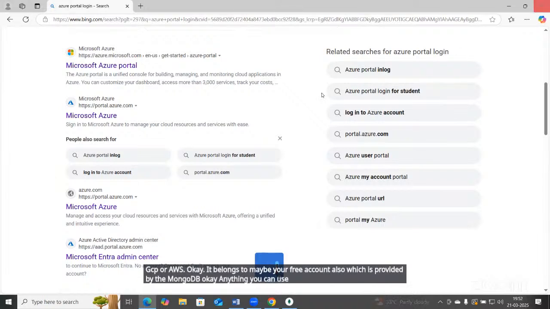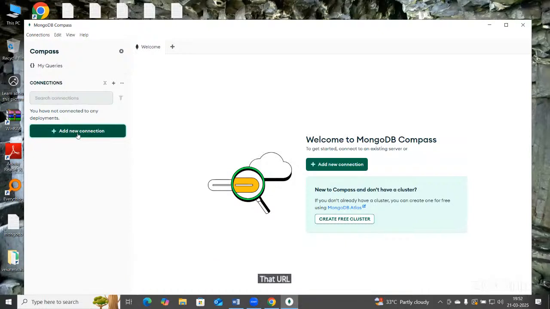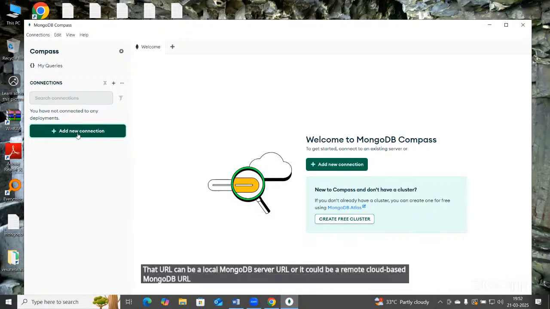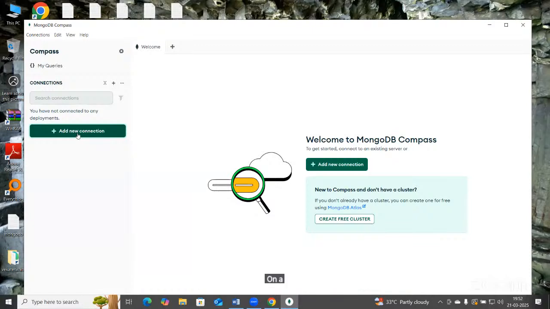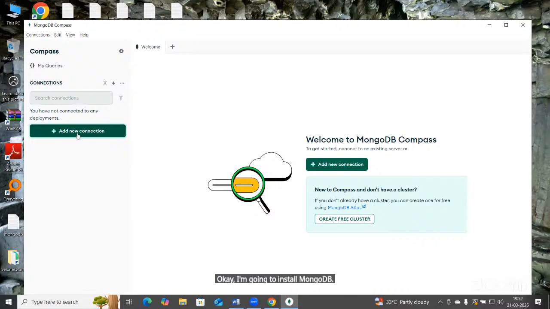By using this front end, MongoDB Compass through the GUI, see this add new connection. That connection requires a URL. That URL can be a local MongoDB server URL, or it could be a remote cloud-based MongoDB URL. Tomorrow on a separate system, I'm going to show you how to create that free account, and after that, for our practice purpose, I'm going to install MongoDB locally, with MongoDB Compass and this Mongo shell also,